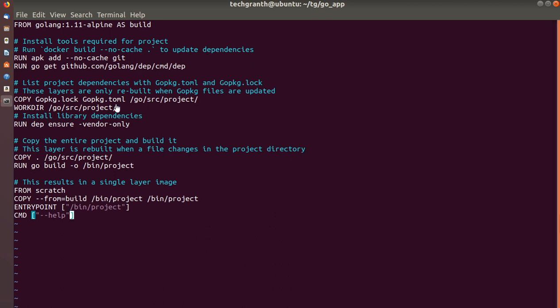So in multi-stage build, we can use multiple FROM statements in our Dockerfile. Like you can see here, we have used the FROM instruction here, and also a FROM instruction here as well. So you can see we have used two FROMs in our Dockerfile. Each FROM instruction can use a different base. As you can see here, it is using Golang, and here it is using FROM scratch. And each of these will begin a new stage of the build.